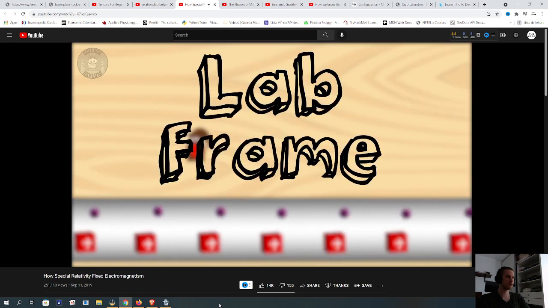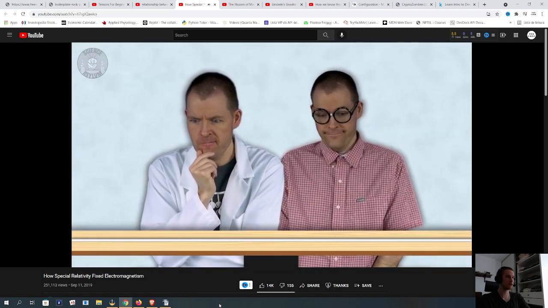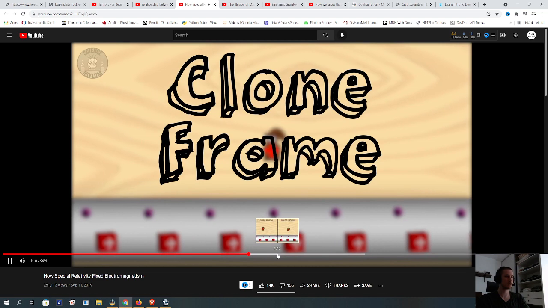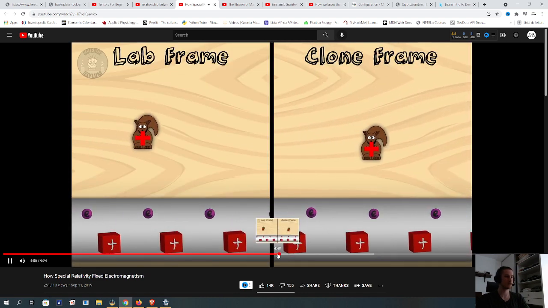This is what we might call the lab frame. It's the point of view of everyone in my lab who has their feet firmly on the ground. But what if I have a clone on a treadmill moving along with the squirrel? Instead of this, he'll see something more like this, which we'll call the clone frame. There's a catch: if the squirrel is repelled in one of them, it must be repelled in the other. That can happen in a slightly different way or even for a different reason, but it must happen from all points